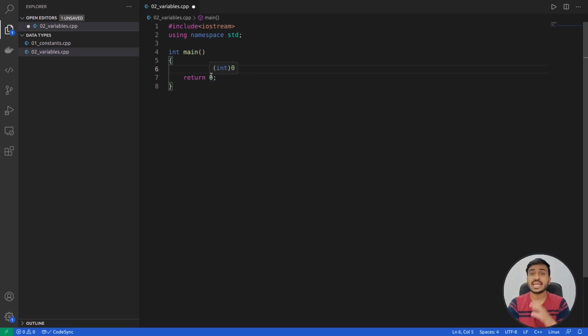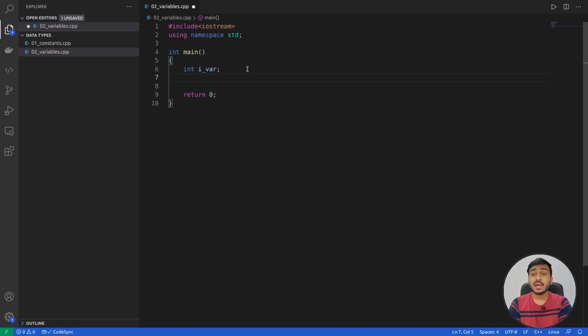So we have seen syntax for creating a variable. We have to write the keyword for the data type of which we have to create a variable, and then we have to write the name of the variable. So let's create variables of different data types. Let's start with creating a variable of integer data type. So I'll write the int keyword, which is the keyword for integer data type, and I'll write the name of the variable. Let me write the name as, let's say, i underscore var. Then I'll write a semicolon. See, always remember, you have to end a statement or a line